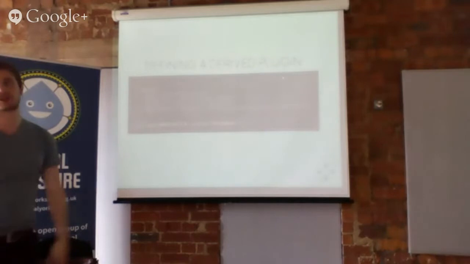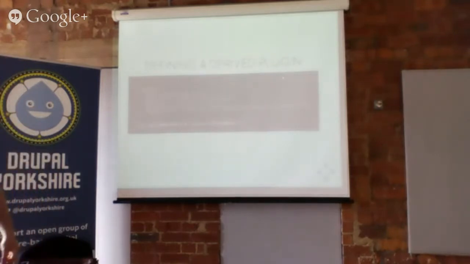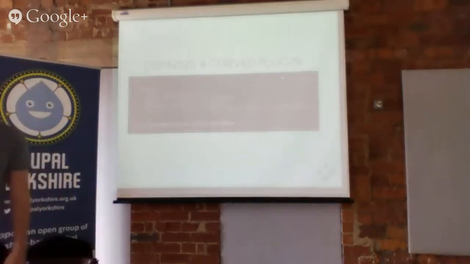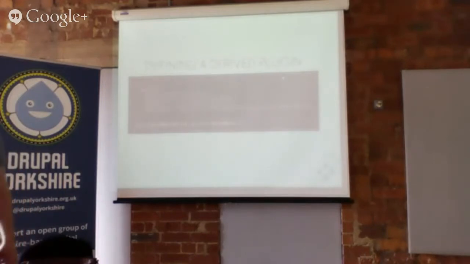You've got your block annotation, which has an ID, an admin label, and a category. There's an additional key here where a derivative is specified, and that derivative is another completely separate class, and the job of that class is to provide the different